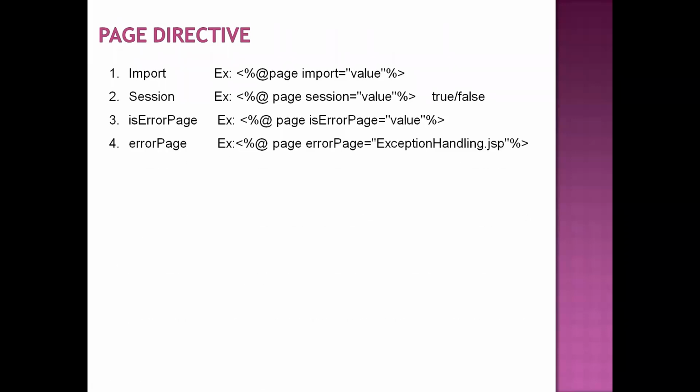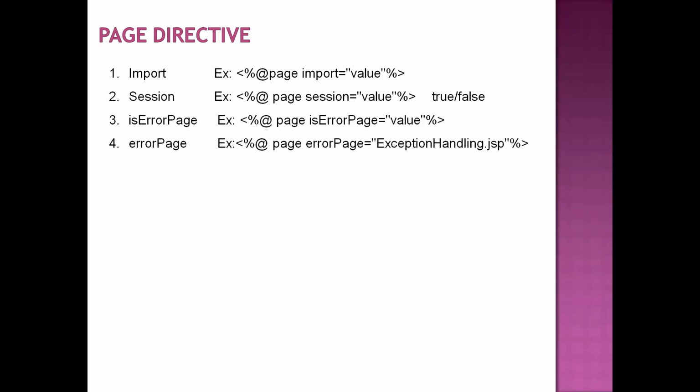Now see the next attribute, the JSP errorPage attribute. This errorPage attribute is used along with the isErrorPage attribute. As I stated above, when the isErrorPage attribute is set to true for a particular page, it means that that page can be called by another page in case of an exception. Here the errorPage attribute is used to specify the URL of a JSP page which has isErrorPage set to true. It can handle unhandled exceptions in the page.